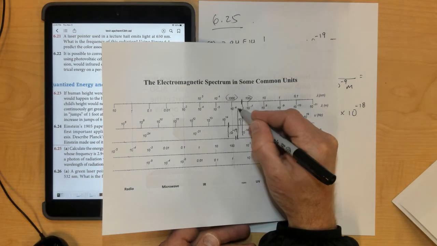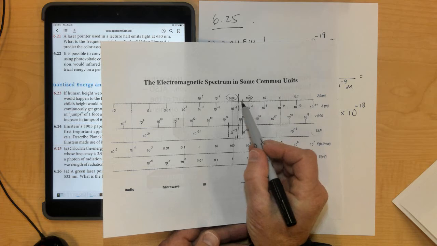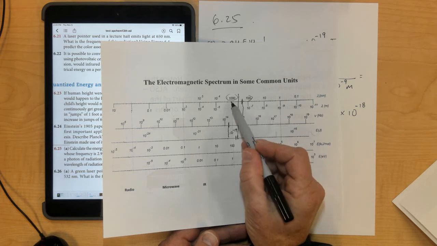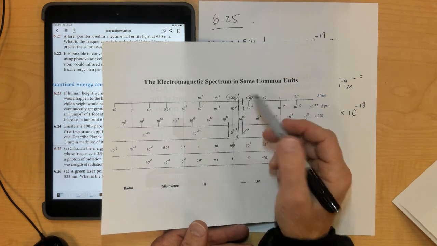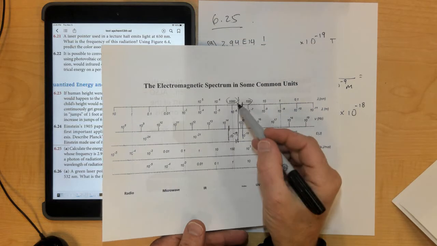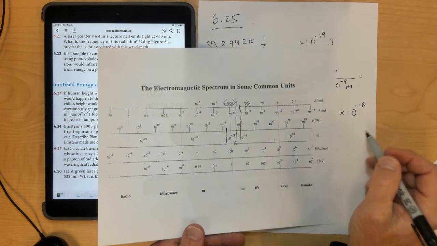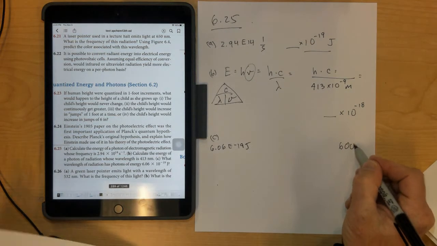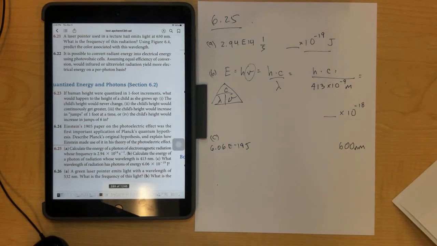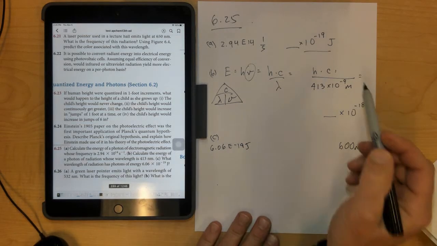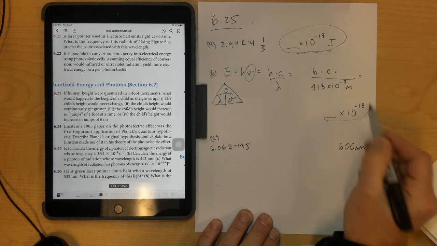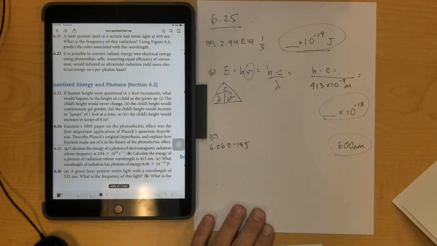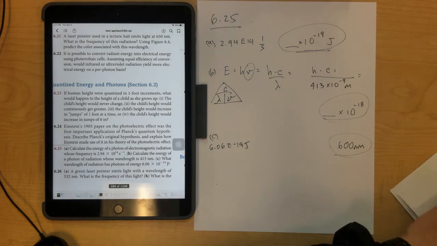So go up here to wavelength. It looks like in nanometers would be between 100 and 1,000. So maybe a good guess would be a little more than 500, maybe 600 nanometers. Well, let's do the math and let's find out for each one of those how close we came with our approximations. So in letter A, to do the math,